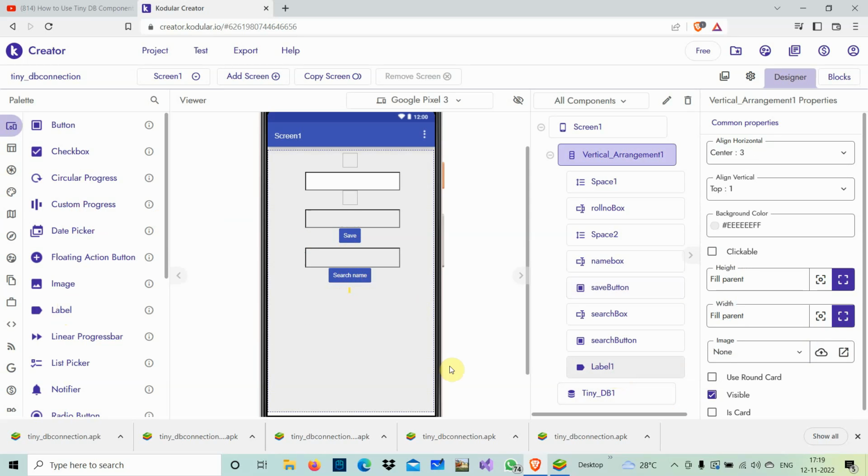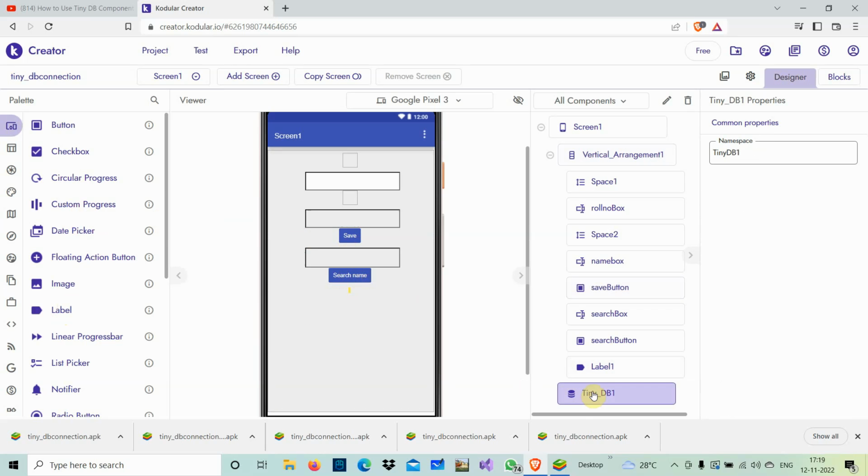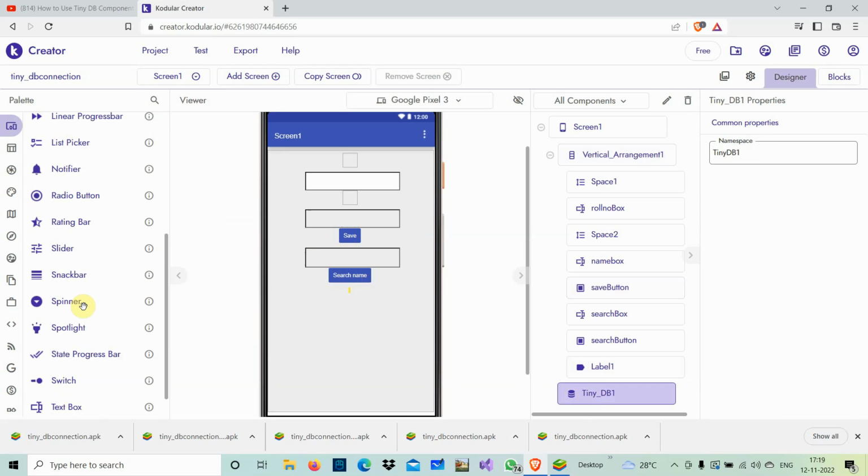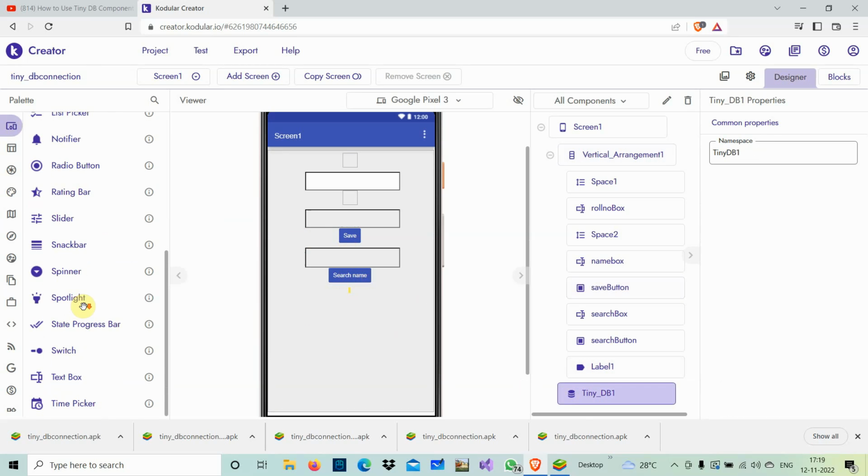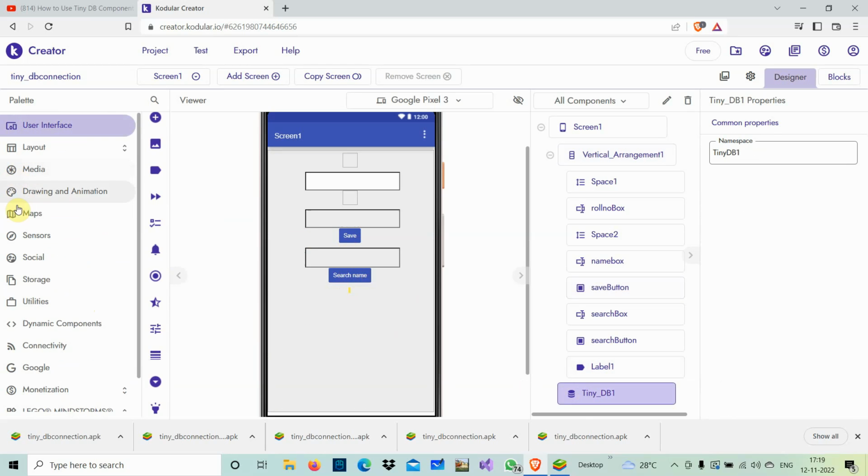Can you see it here? Okay, and in the meantime we can have the TinyDB. While you go for the TinyDB, this is the TinyDB here. Where is the TinyDB? You can check it here, it is not there, and you can go for the